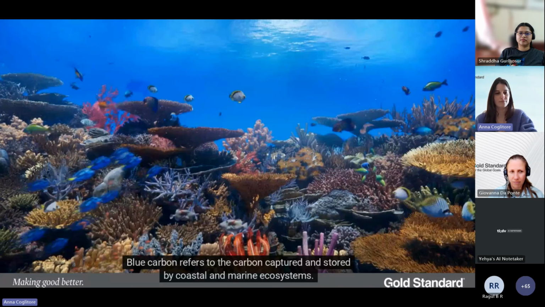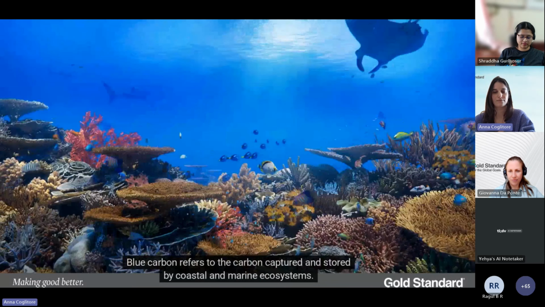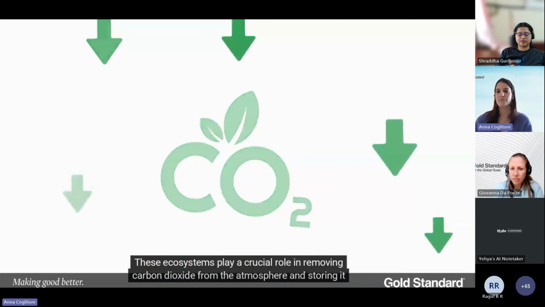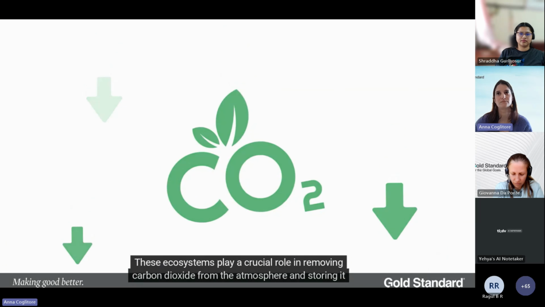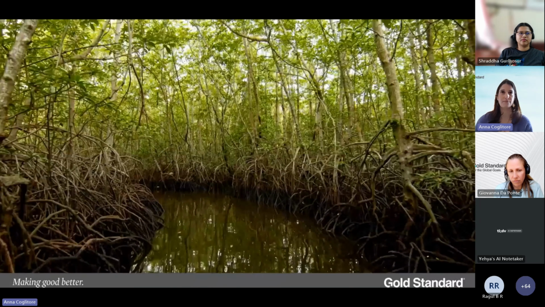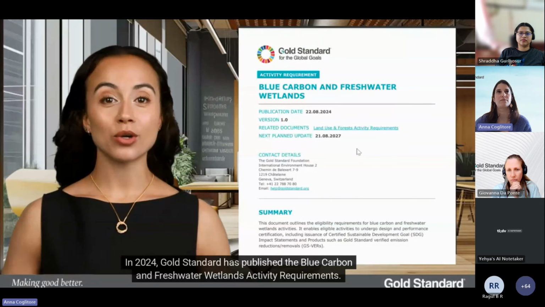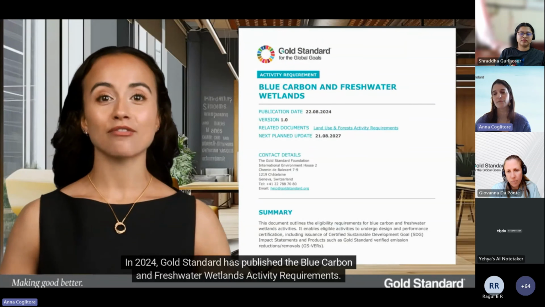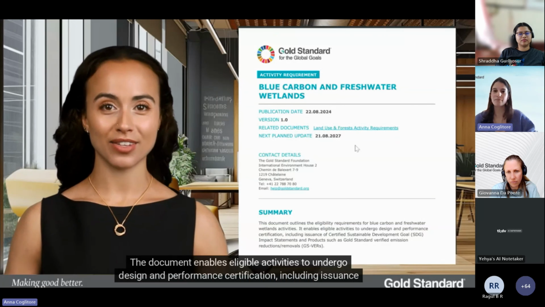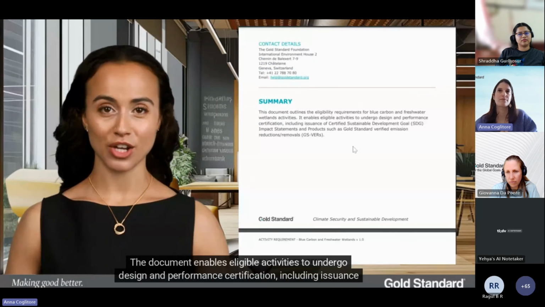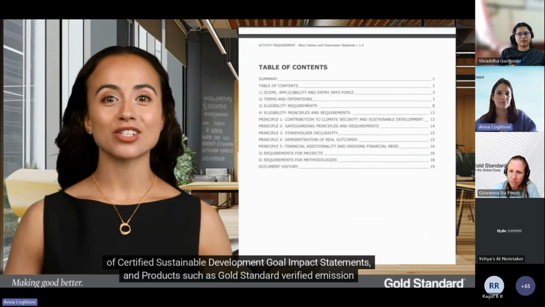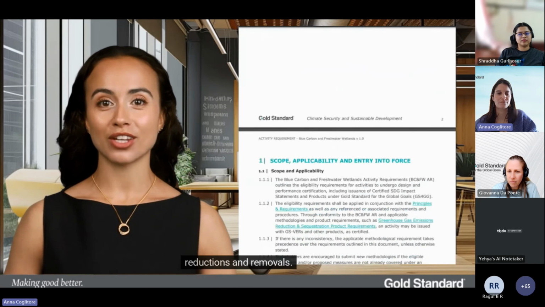Blue carbon refers to the carbon captured and stored by coastal and marine ecosystems. These ecosystems play a crucial role in removing carbon dioxide from the atmosphere and storing it in plant biomass and sediments, often for centuries or even millennia. In 2024, Gold Standard has published the Blue Carbon and Freshwater Wetlands Activity Requirements. The document enables eligible activities to undergo design and performance certification, including issuance of certified Sustainable Development Goal impact statements and products such as Gold Standard, verified emission reductions,